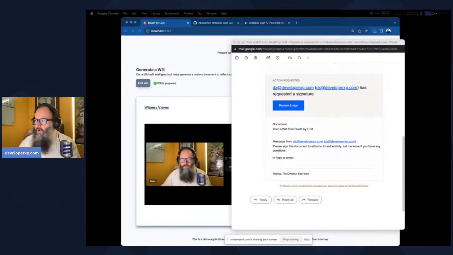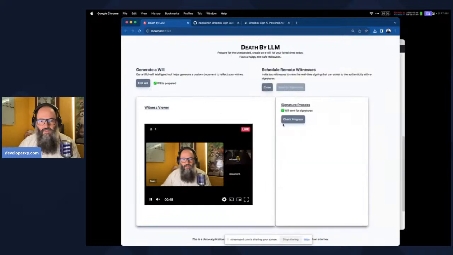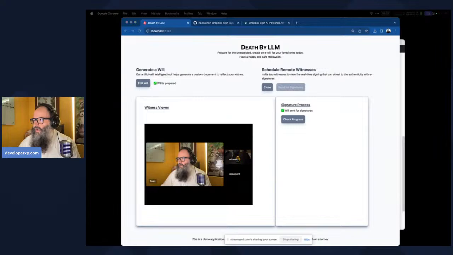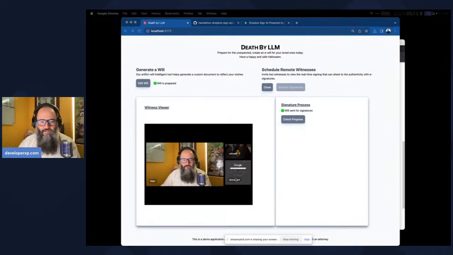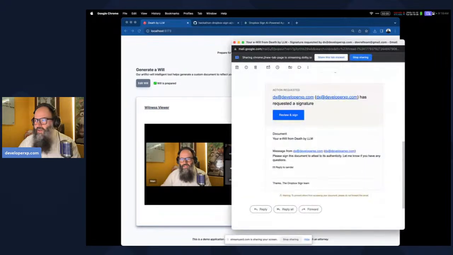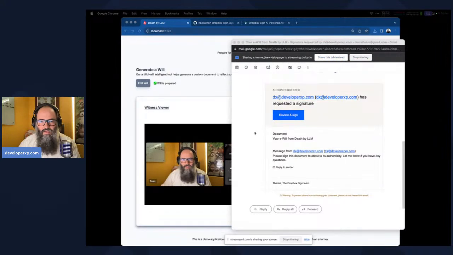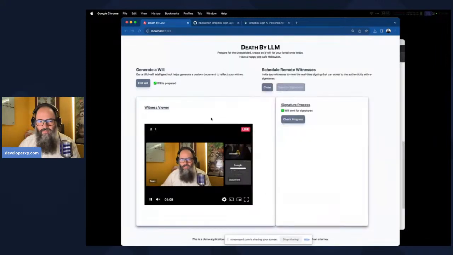I'm also going to click one other button that allows me to share my screen. So now you also have a document view of what we're looking at. So if I go back to my email and review and sign,